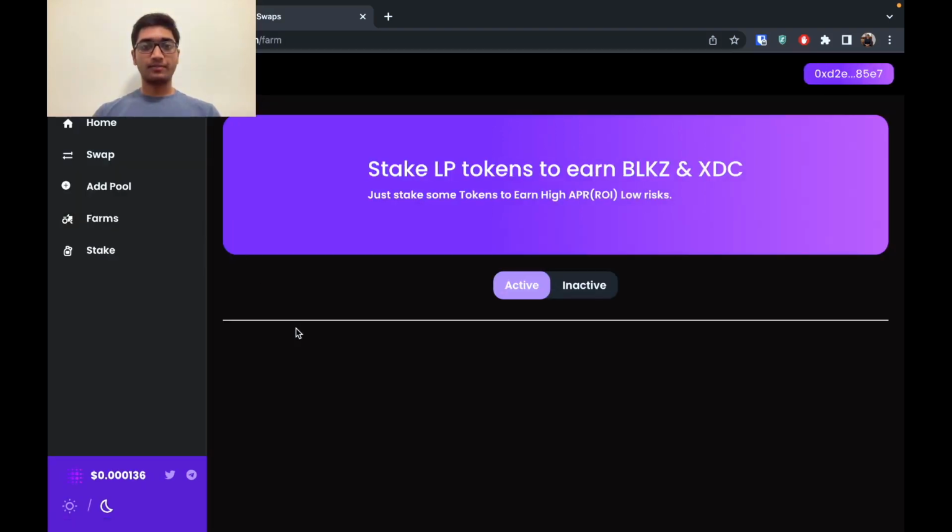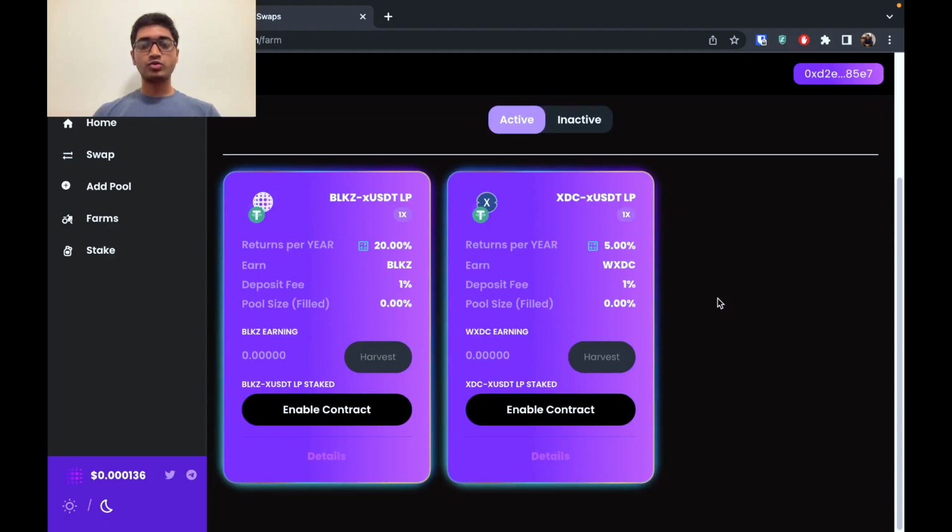Another thing is farming. Farming gives you an option to enable a particular smart contract that allows you to trade between two coins. So in this case, it's a BLKZ and XUSDT. So USDT is the Tether coin, and XUSDT is the version of the Tether coin which is on the XDC network. And in order to enable this liquidity pool, you'd have to enable contract, which since my wallet has now connected, enable contract would do that.